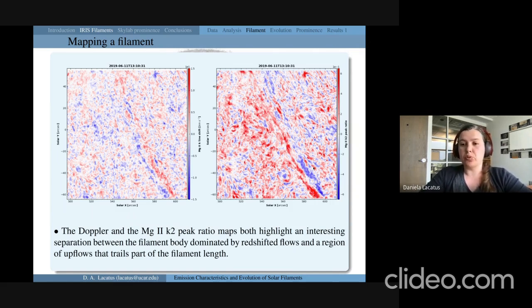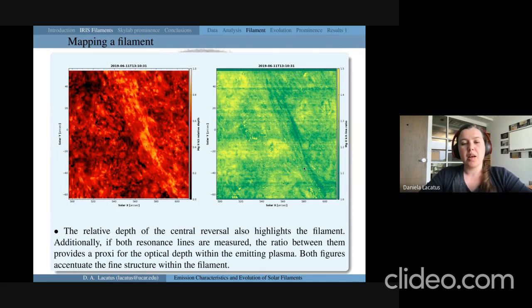And the same is happening in the filament, where the blue peak dominates while the red peak is more spread out. And the final set of measurements are the measurements of the relative depth of the central reversal. On the left, looking at the depth of the central reversal, we can see